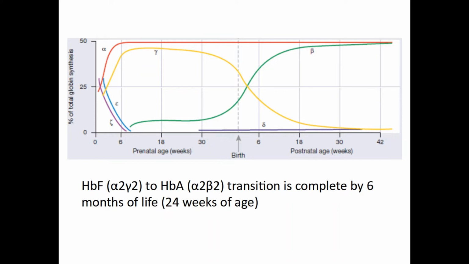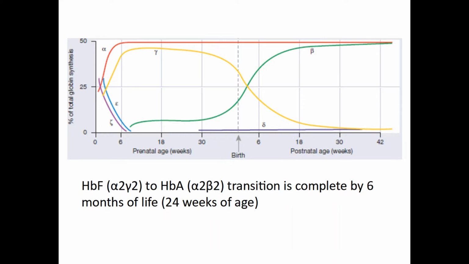Whereas epsilon and zeta chains will fall, and after a few days of 6 weeks they'll completely disappear. Next is the yellow curve that you have to see, that is the gamma globin chain. It keeps elevating, but soon after birth the levels will undergo a fall, and by 20 to 24 weeks the levels are too low. The converse is true with the beta globin chain, the levels of which start increasing right